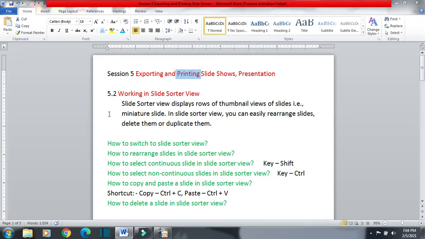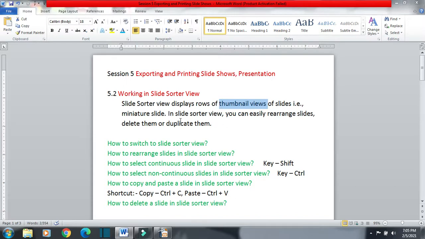So this is our topic 5.2, working in slide sorter view. Slide sorter view displays rows of thumbnail views of slides. Means it shows the slides in row format and it shows us the thumbnails of slides, the slides in miniature form.